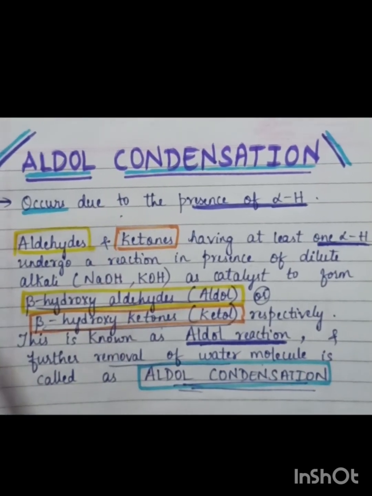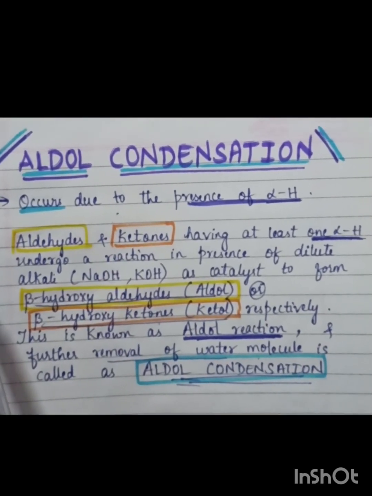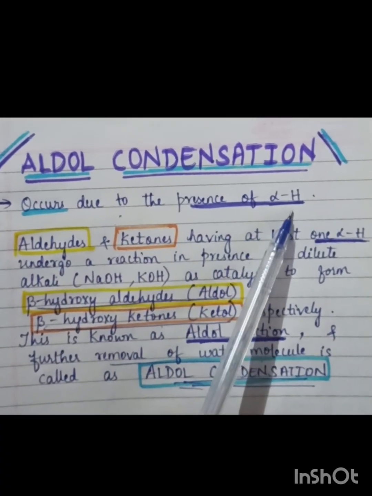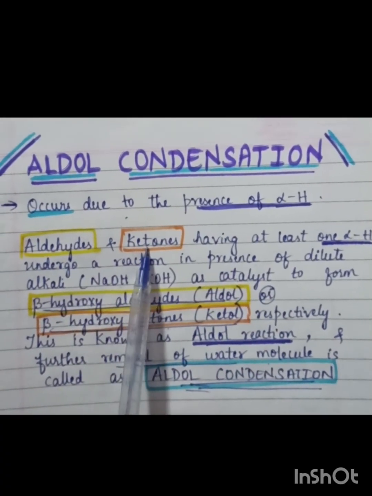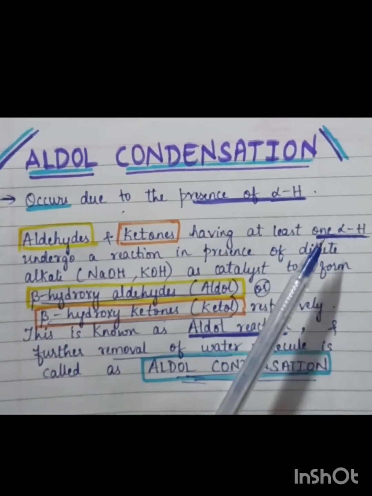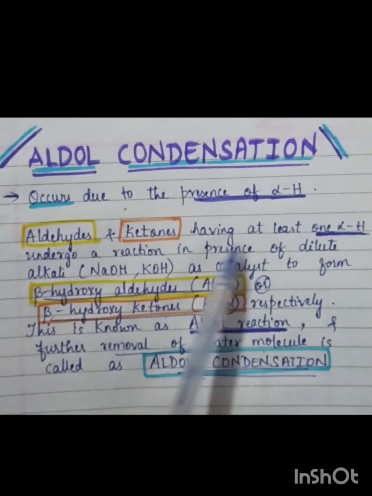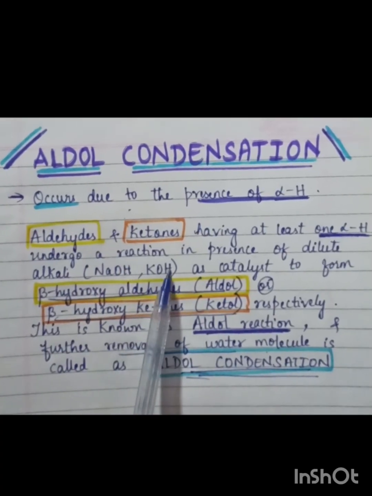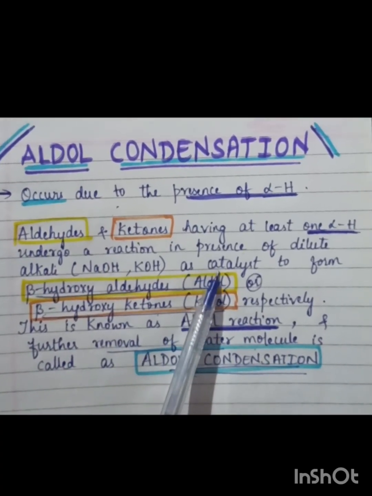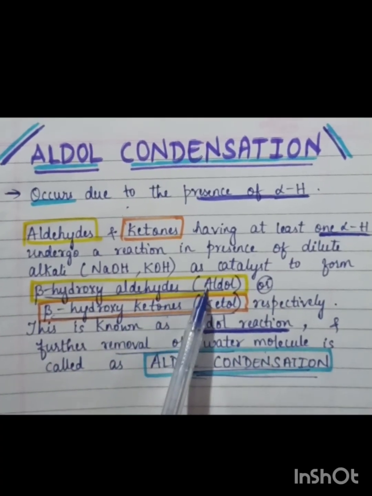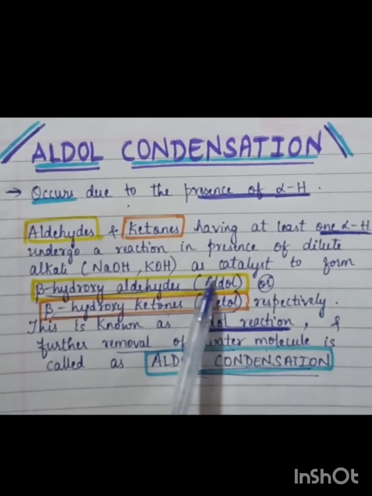Hello students, today let us learn about aldol condensation, and this occurs due to the presence of alpha hydrogen, where aldehydes and ketones having at least one alpha hydrogen undergo a reaction in presence of dilute alkali, that is NaOH or KOH, which acts as a catalyst to form beta-hydroxyaldehydes, which is also known as aldol if the reactant